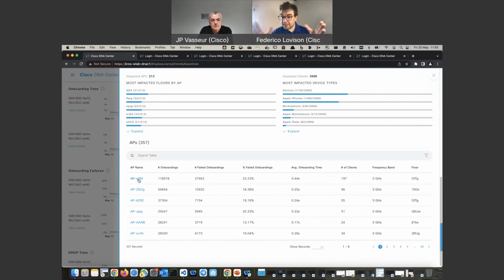And again, this is accessible irrespective of whether there was an issue or not. So this can be used both for troubleshooting as well as for planning or enhancing the network and the client experience. Having said that, here we saw an example of onboarding failure issues, but I want to show you as well